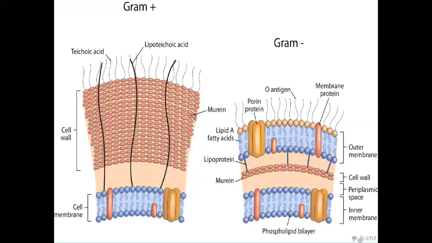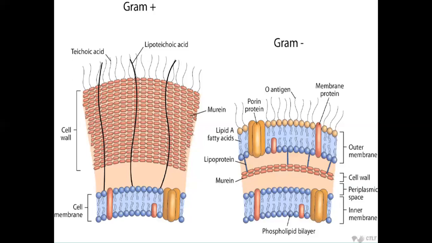You have a cell membrane. You know what a cell membrane is made up of. Every cell membrane is made up of lipid and protein. It is the lipoproteinaceous layer. Outside, you can see a cell wall. When you try to understand this diagram, this is one of the most important aspects of microbiology, not only for general microbiology, but even more so for periodontal microbiology.